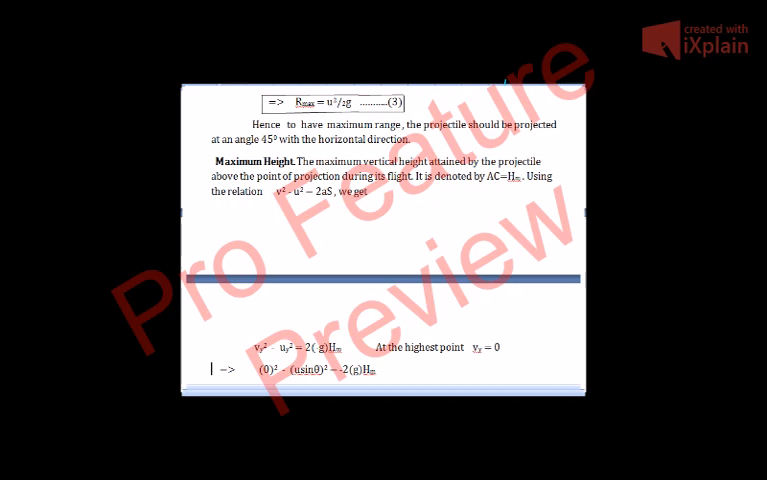Now maximum height. What would be the maximum height of the projectile? The maximum vertical height attained by the projectile above the point of projection during its flight is denoted by AC, is equal to HM. Using the relation v square minus u square is equal to 2as, we get vy square minus uy square is equal to minus 2g into HM. At the highest point, vy is 0 as we know, so 0 square minus u sine theta whole square will be equal to minus 2g